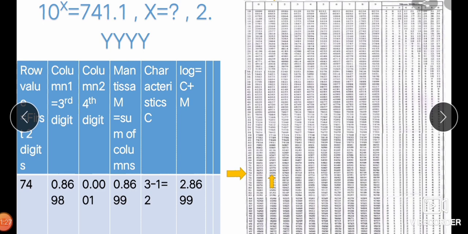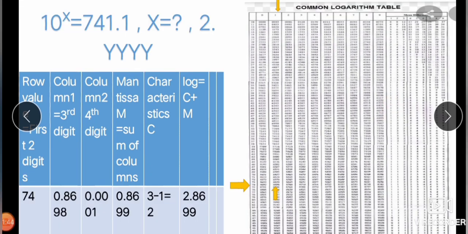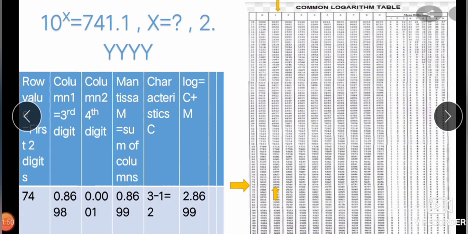In the row of 74, under the column of third digit and fourth digit, we have to see the values under the column of first one and second one, and add these values under these columns corresponding to row 74. Then we will get the log of this number